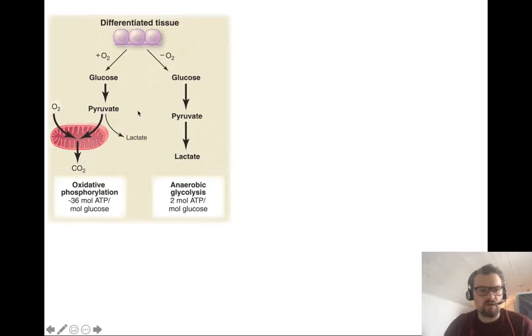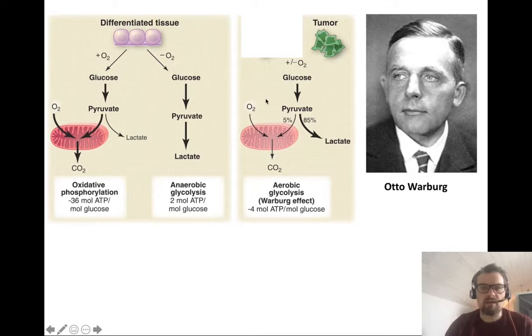And that was originally thought to be the two different sorts of metabolism. You could have anaerobic conditions, where you just do glycolysis, and aerobic conditions, where you do glycolysis coupled to oxphos. It became clear a long time ago, through work by Otto Warburg, that tumors were a bit different,